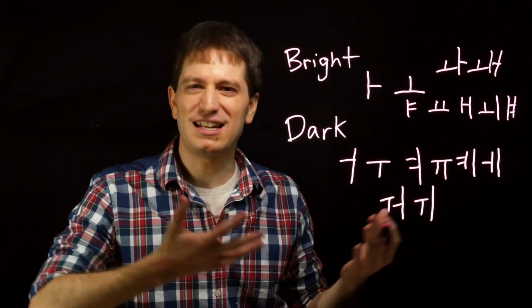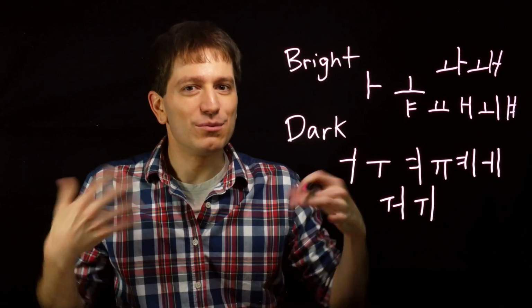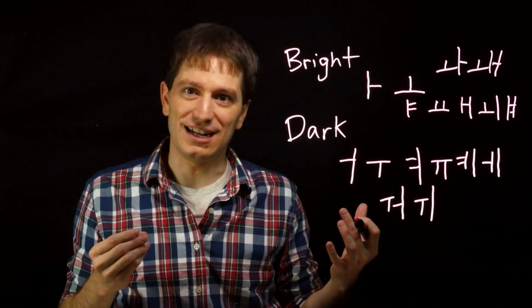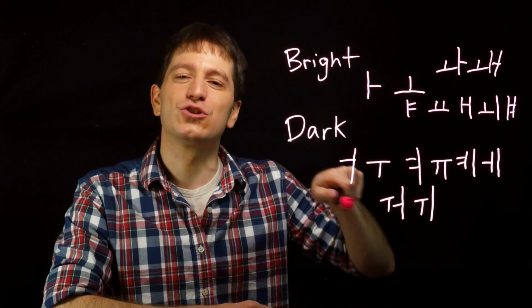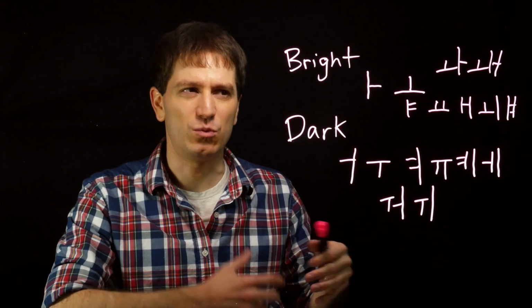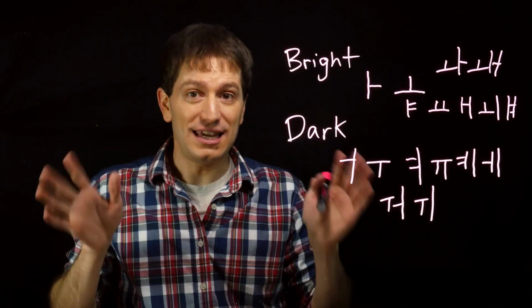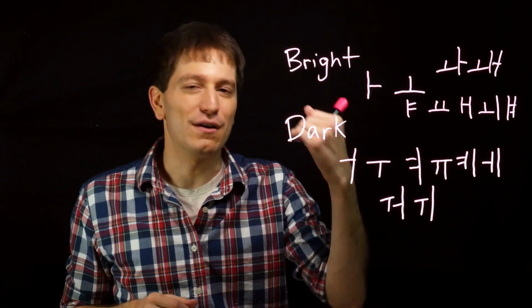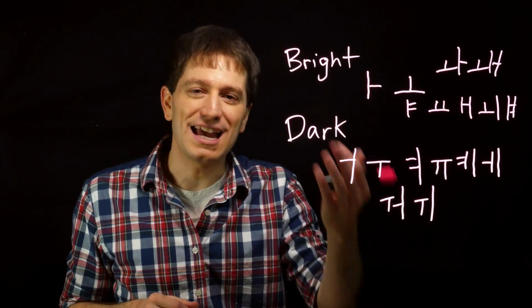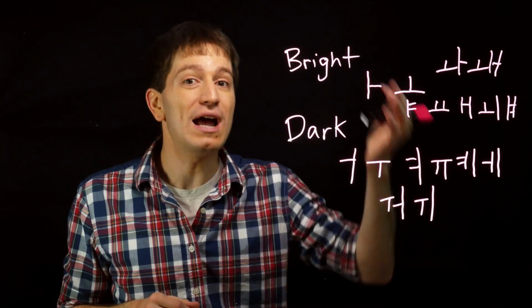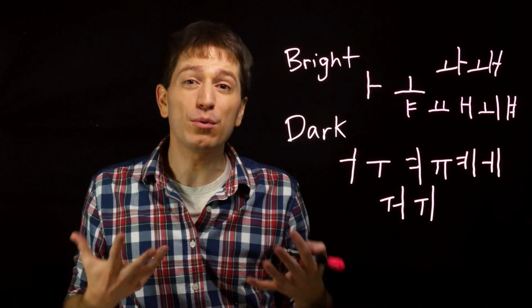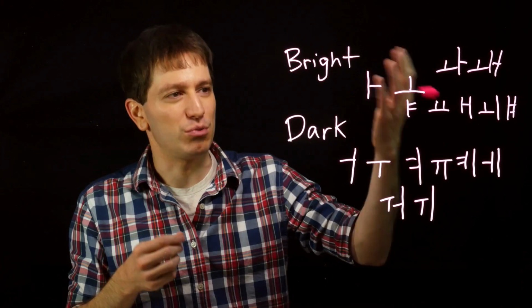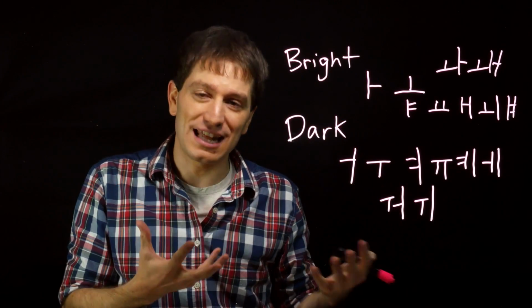So what does this actually mean, and is this even important to know? It's more important than you might be thinking. This is not something that was created in the Korean language when Hangul was invented. No, King Sejong was well aware of the feelings of different bright and dark words in Korean when he made the alphabet, and he incorporated this concept of bright sounds and dark sounds into the language.